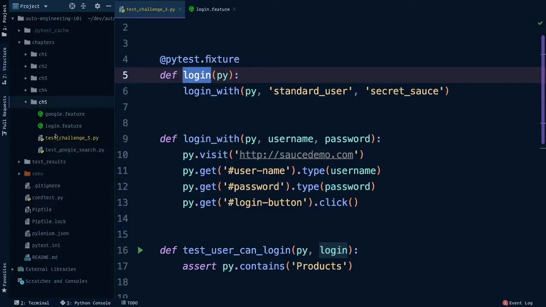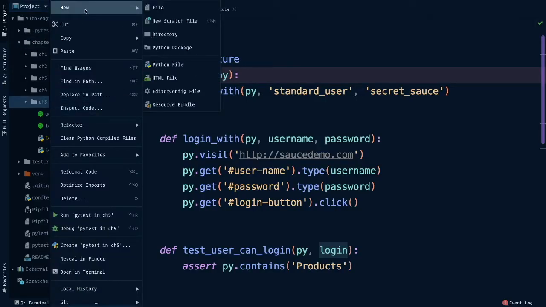So, for example, if we put a conftest file under chapter 5, all of our test files within chapter 5 could use it. Test challenge 3 and test Google search. However, because the conftest file is within chapter 5, none of the other chapters could use it. If you wanted a fixture that all of the chapters could access, then you could create the conftest file at the project root, the highest level, or maybe within the chapters directory. For now, let's make a conftest file under chapter 5,